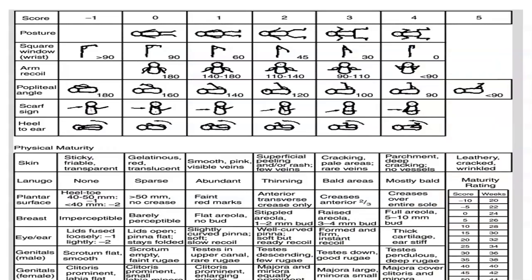So I mentioned the Ballard scale. I do not want you to memorize all the categories of the Ballard scale, but you will see some of the things again, like you'll hear about the scarf sign, for instance, and things like that. This is shown in your textbook as well on page 558 for you to refer to.